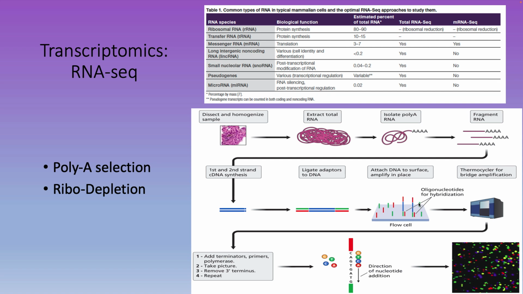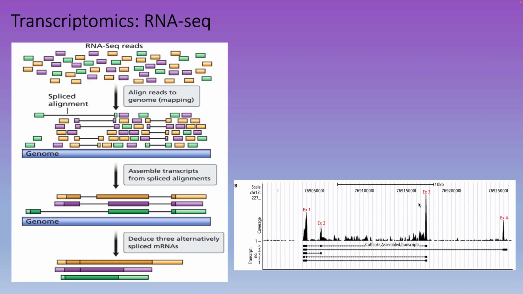Once we have our isolated RNA sample, we'll fragment that RNA. We'll then undergo the cDNA synthesis step, where we generate cDNA to stabilize our sample, put some adapters on the ends, and then we can use a next generation sequencing tool like Illumina sequencing to generate the sequences of the RNA that we need. Once we have those sequences,